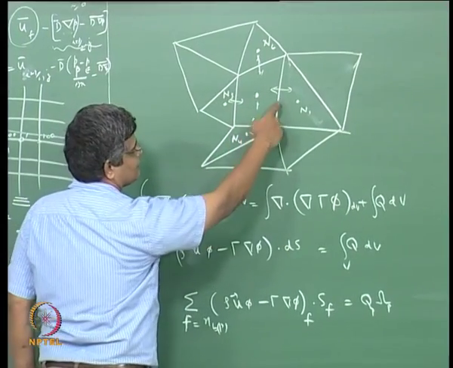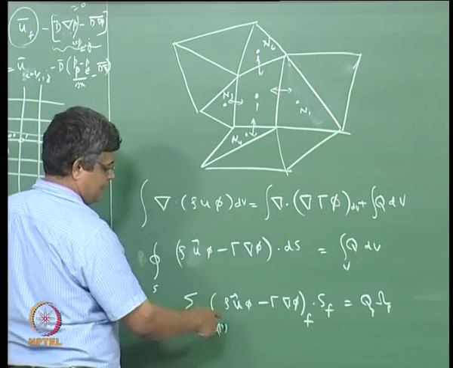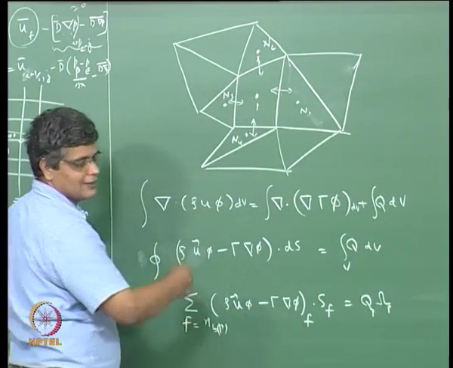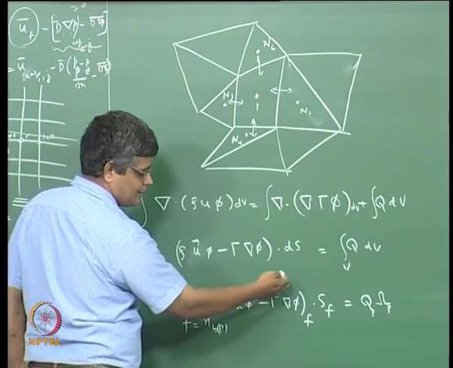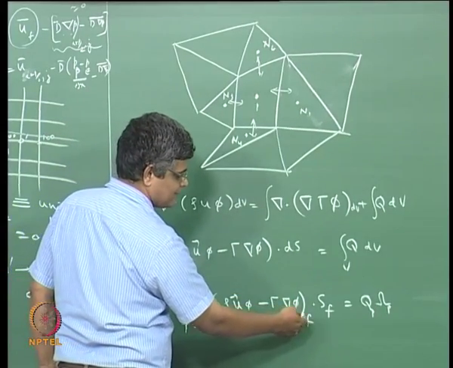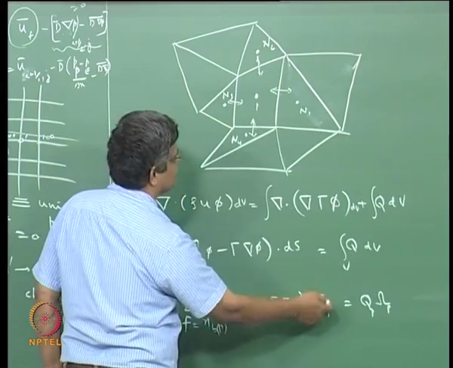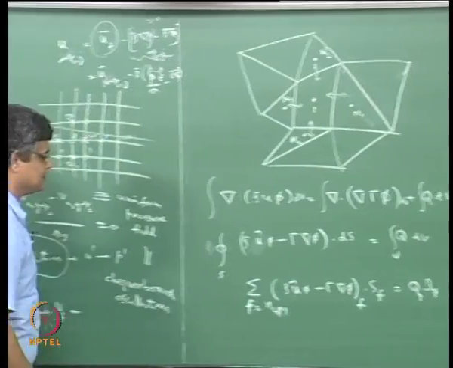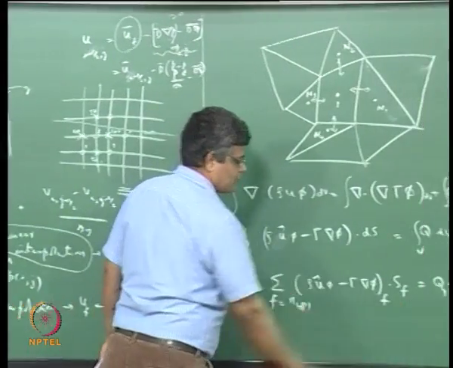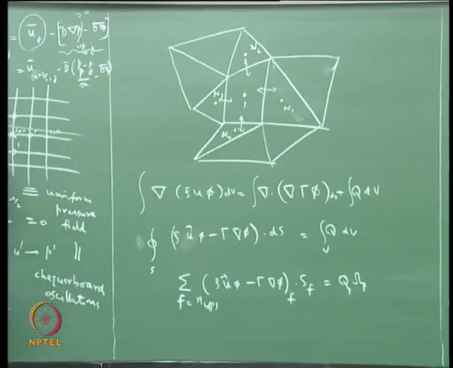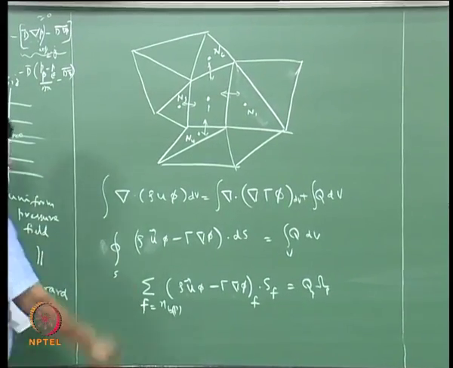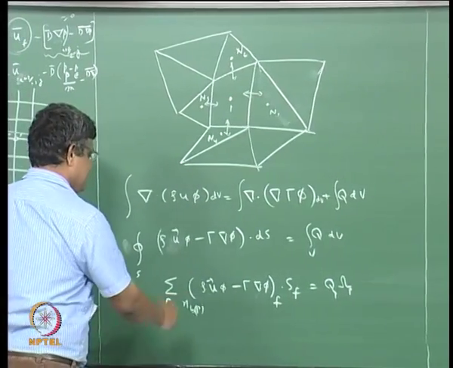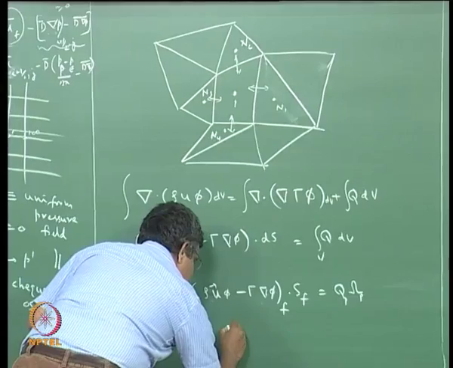So this is a neighboring face, this is a neighboring face, this is a neighboring face, like this, and we have the evaluation of the convective flux and the diffusive flux, for example using the upwind scheme and then the central scheme for these things, dot producted with the surface area of each face, like this. So this is the finite volume approximation here, and by using the appropriate approximations and all these things, this can be converted into an overall equation like this,